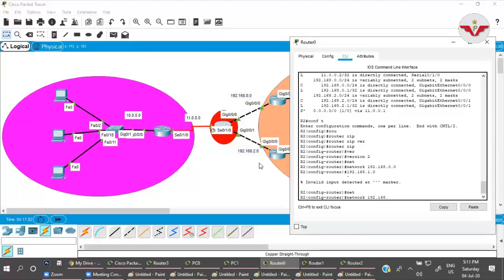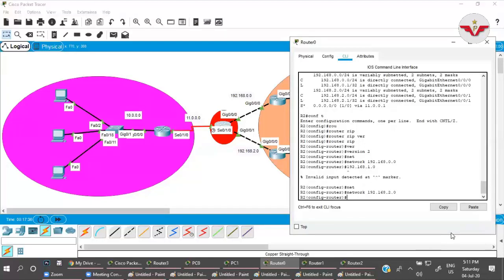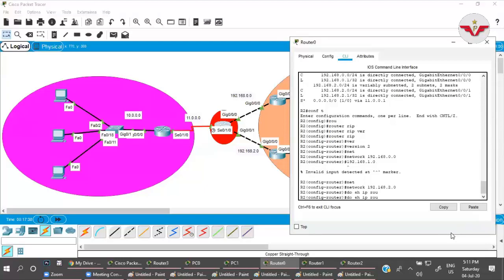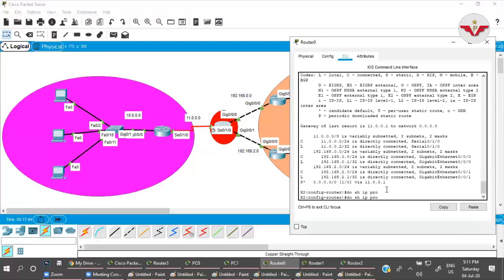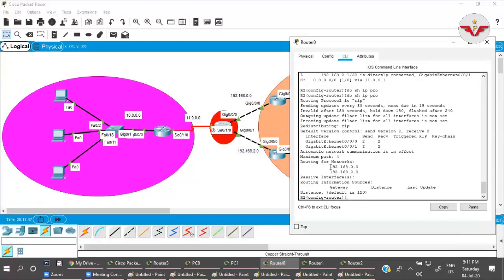Network 192.168.0.0 and 2.0. Done. Now check. Do show IP route. Nothing is here. Do show IP protocols. Here in IP protocols we have 0.0 and 2.0, right?